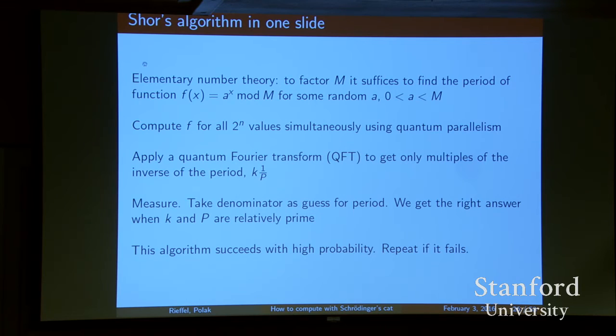The way Shor does this is, we compute f for all 2 to the n values simultaneously using the quantum parallelism. We apply the quantum Fourier transform to that. We make a reading. We get the period of the function, or we read a multiple of the inverse of the period. We use classical algorithms to try to compute the period. And that all will succeed and give us a factor of m with a very high probability. Shor proves that. It might fail. If it does, we'll try it again. We pick another random a, and again, with high probability, this will succeed.